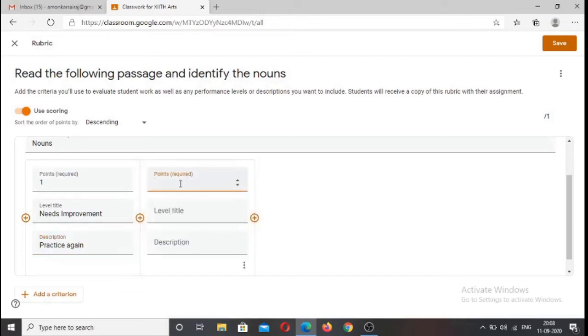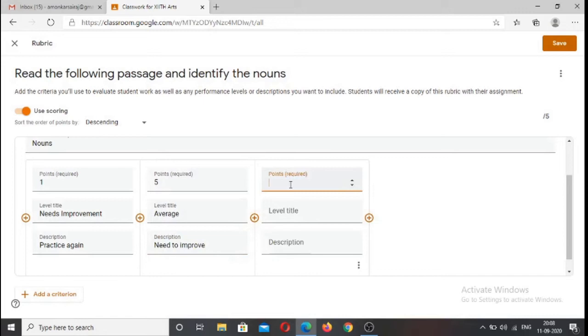If he is above 5 points, he is average, and you can say need to improve. If he scores around 10, you can say level title as good, can do better.